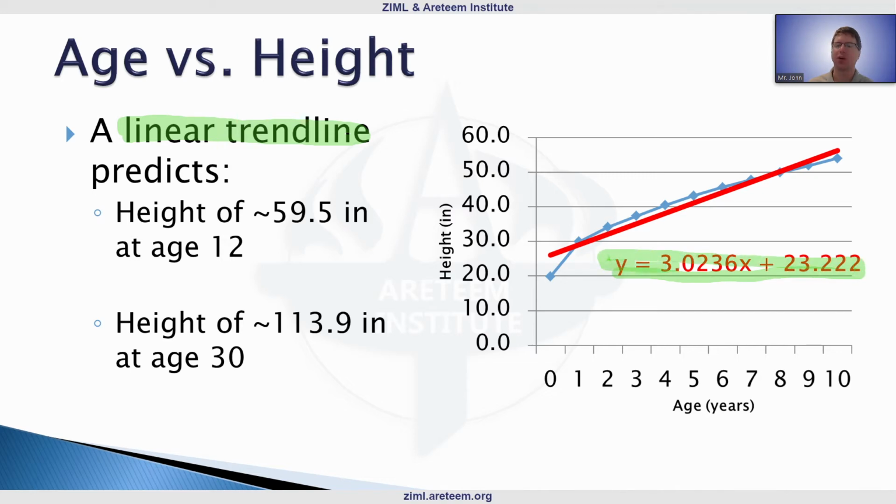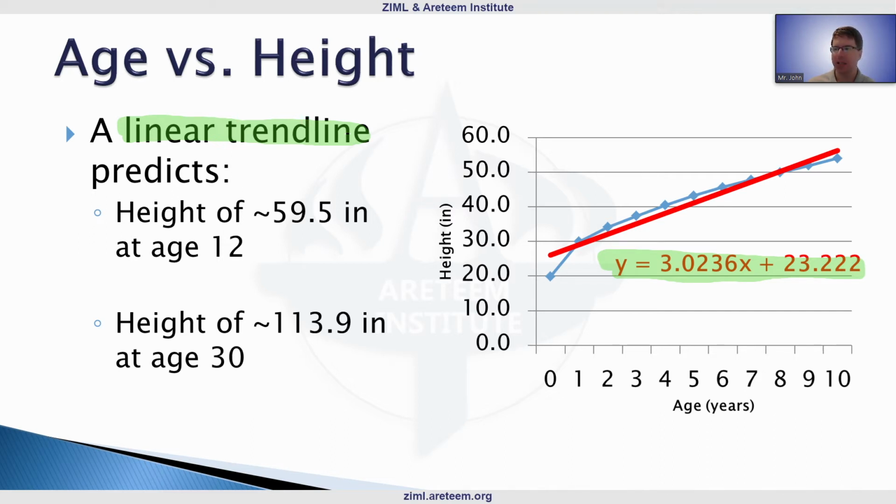So they're saying it's roughly a linear equation with a slope of around 3 and a y-intercept about 23. Notice that these trend lines themselves can give you some information. This is roughly saying that the boys are growing 3 inches per year. They start out roughly 23 inches tall and things like that. So we now have two predictions that we were asking about, and our trend line could be used to make those predictions.